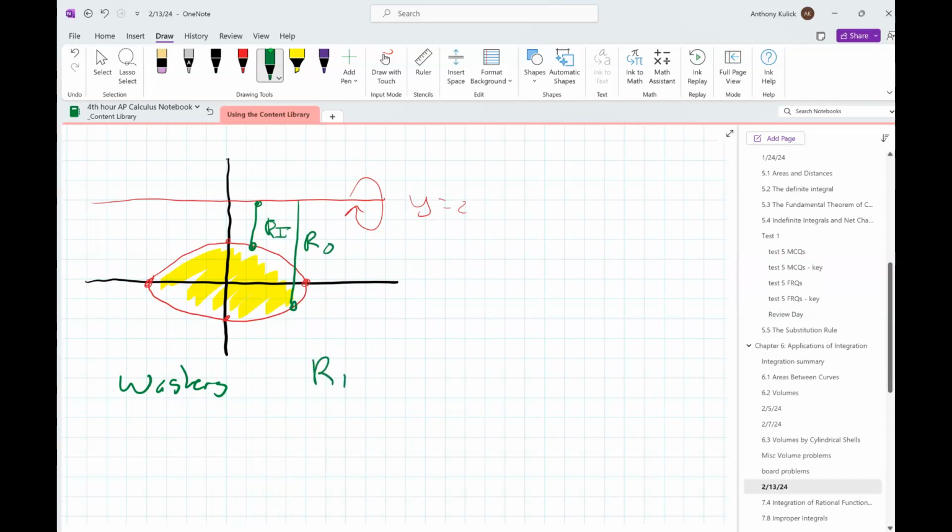Okay. So R inner should be 2 minus y. Everybody agree with that? R outer should be, is it 2 minus